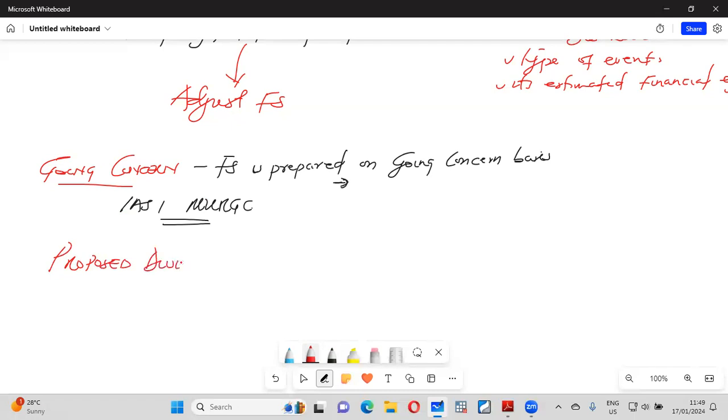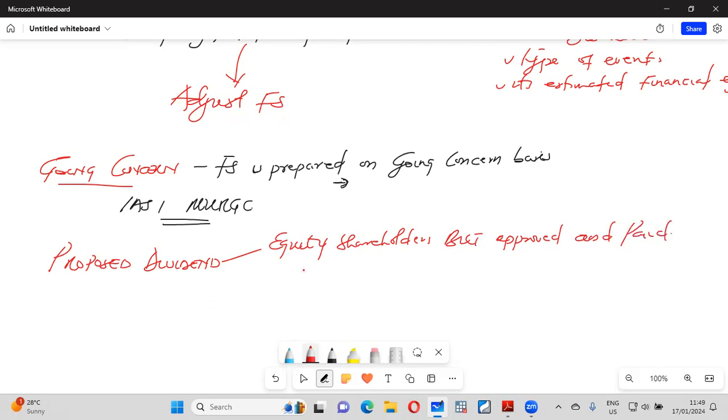Now, to end this class, let me talk about the proposed dividend. Now, the proposed dividend, if the dividend is proposed to equity shareholders, or what we call ordinary shareholders, but you have proposed it, but not approved. You have not approved it. It's not approved and paid. So even if you approve it and you've not paid, after the reporting date,